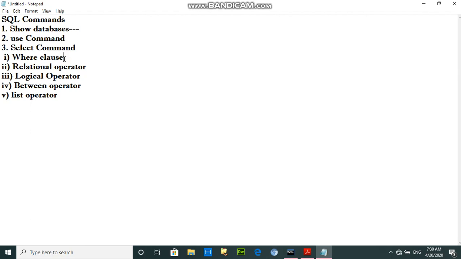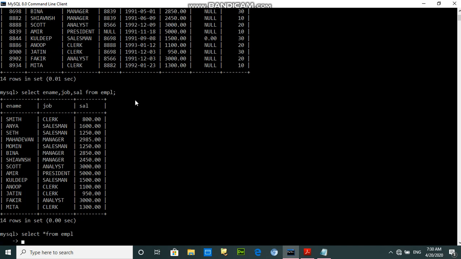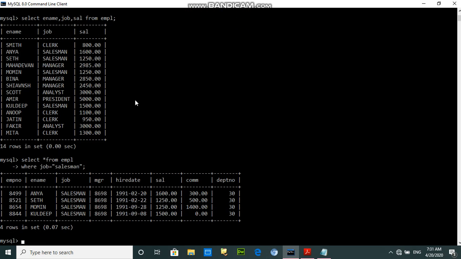For example, if we want to show only the information of salesman from the employee table, so for this we have to write: select asterisk from EMPL where job equals to salesman. So that's clear.